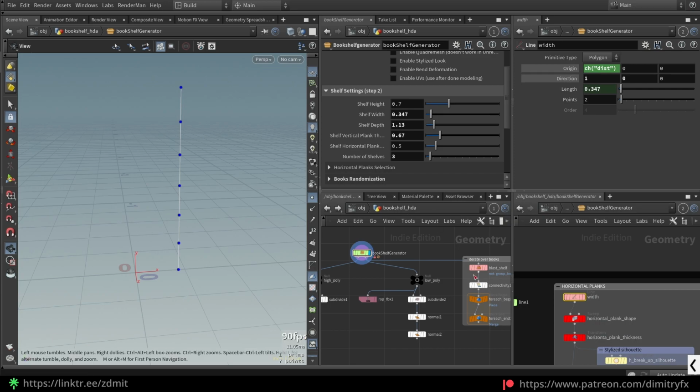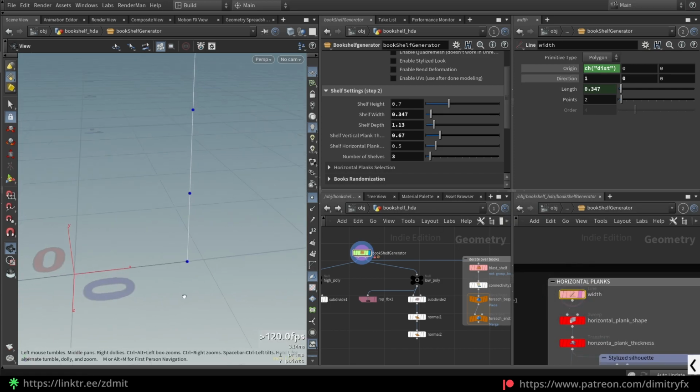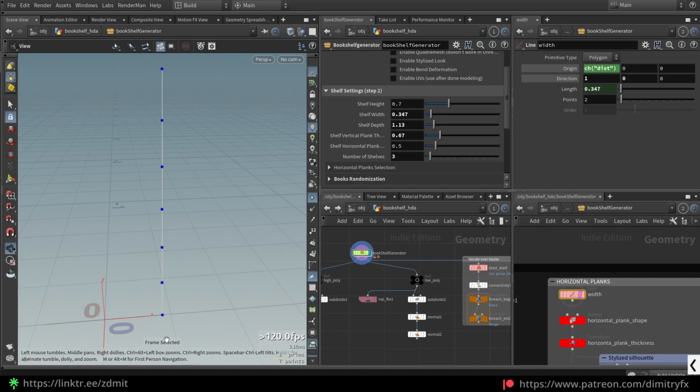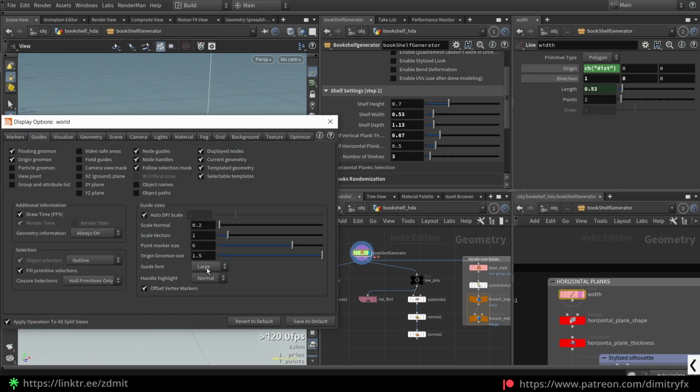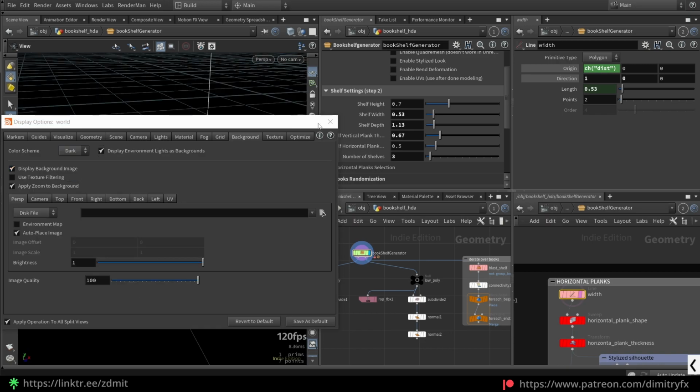But if I divide it by 2 and preview it, it will be adjusted just where I need it. I'm not sure if you can see it, but